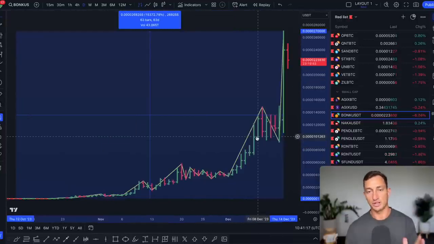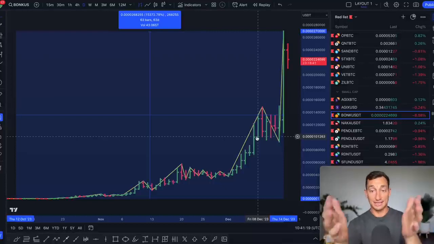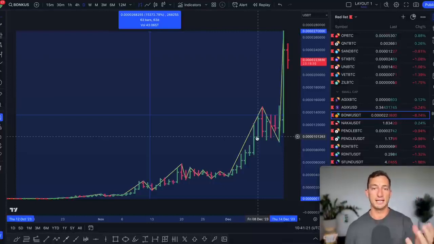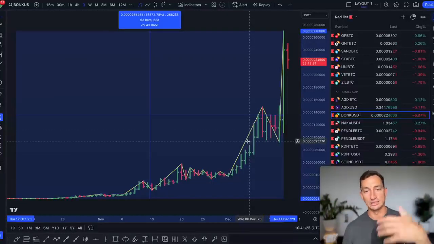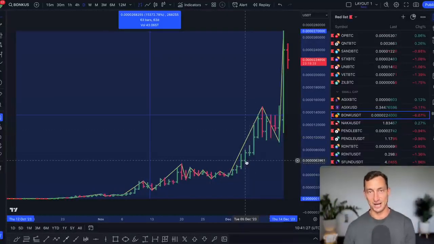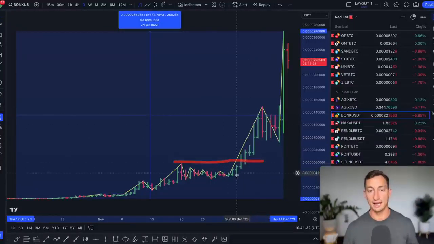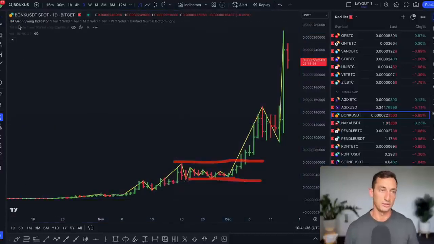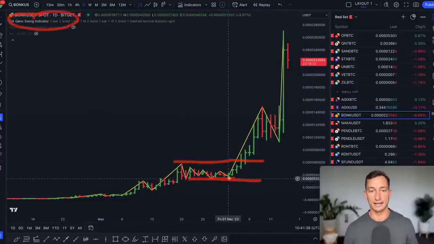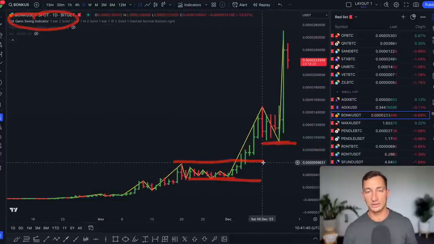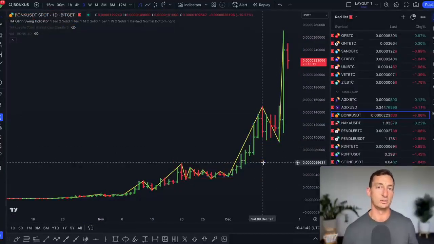Don't get me wrong, I'm not trying to say that there are no opportunities out there. Clearly, there are plenty of opportunities. The main thing that we all want to do is make profits from the market and not get screwed getting in too late. So you can still get in as the market breaks out, but make sure you have some stops underneath key levels. The thing I love to use is the TIA swing indicator. If the market breaks down from these key swing bottoms, it's typically a signal that the trend is coming to an end, if in fact it hasn't already ended by that point.